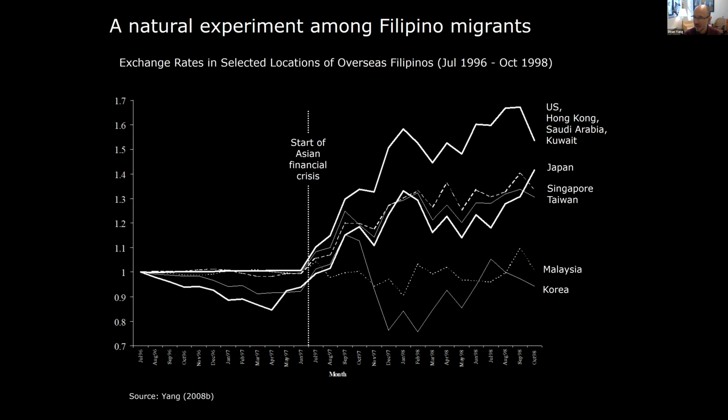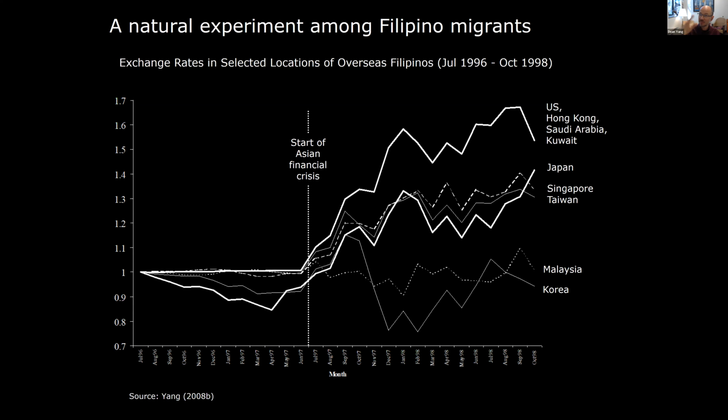In work of mine that's a bit more than a decade old now, and work to come that I'll be talking about shortly, I've exploited a natural experiment to understand the impacts of migrant income on Philippine households and Philippine origin areas. So, speaking of Philippine households, first of all, the Asian financial crisis in 1997 generated very large exchange rate shocks. Many different countries around the world experienced big depreciations of their currencies, but those exchange rate shocks were heterogeneous across countries.